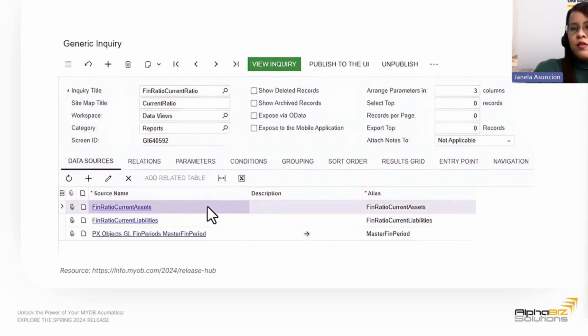As you can see here in the screenshot that we have provided for you, the GI is for a current ratio. Right at the bottom, you can see in the first two lines are two other sources. And these two sources, which are the financial ratio current assets and the financial ratio current liabilities, are both GIs.